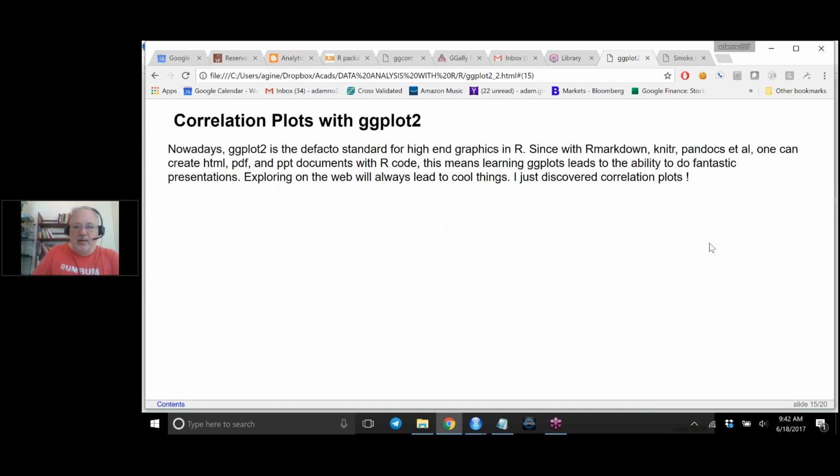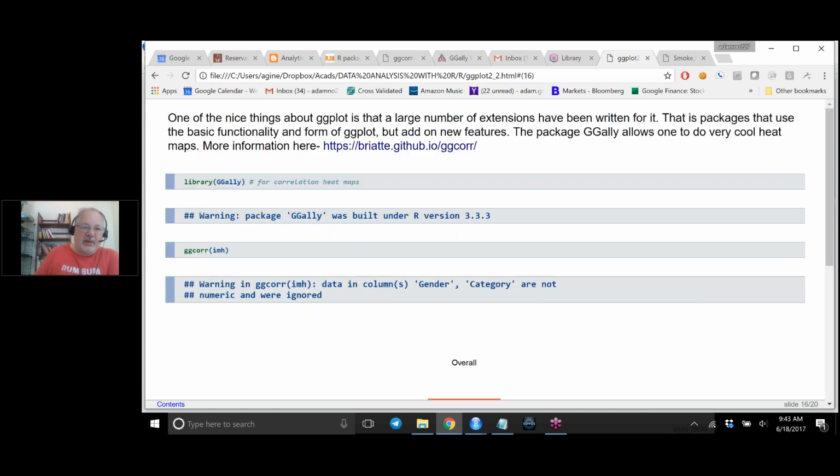Now, the other thing you can do with Ggplot, well, you can do lots of wonderful things with Ggplot, and if you start poking around, you'll find lots of packages. One of the nice things about Ggplot is it allows for the creation of extensions, which are packages that rely on Ggplot, keep the same basic structure of Ggplot, but do additional things. So this package Ggally allows you to make very nice